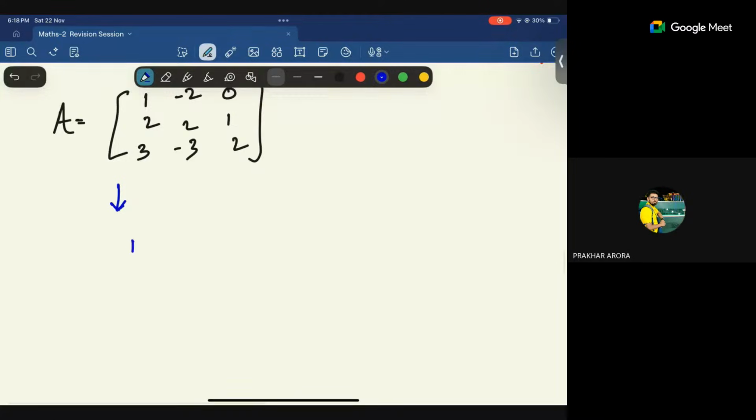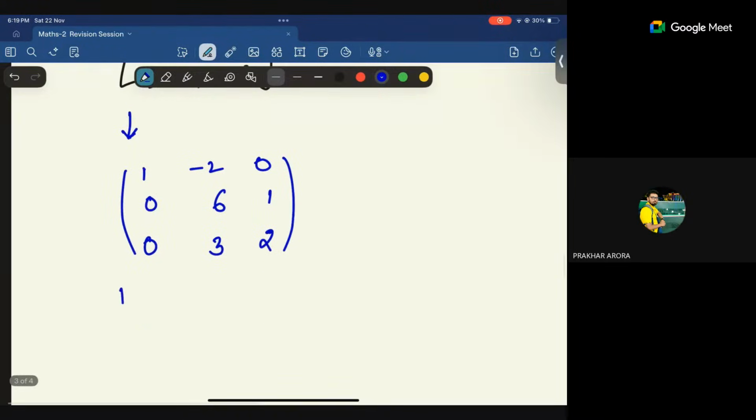Okay, subtracting 2 here, this would be 0. Now this is 2 minus 2, 2 minus 4, this is 1, so this is going to be 6, this is going to be 0, 0, 6 minus 2, 0. Subtract 3 here, this is going to be 0, plus 6 here, this is going to be 3, and this is going to be 2.